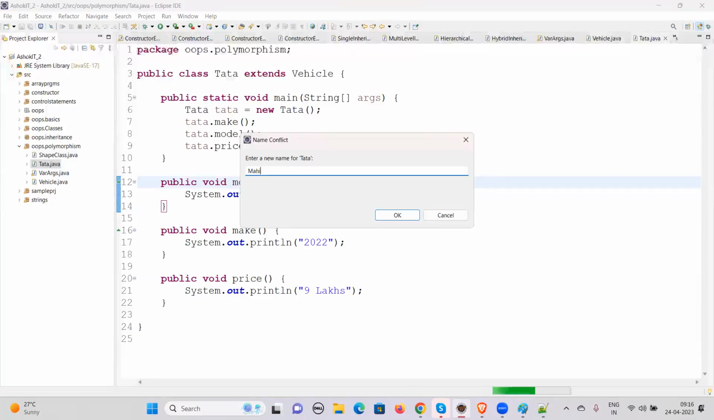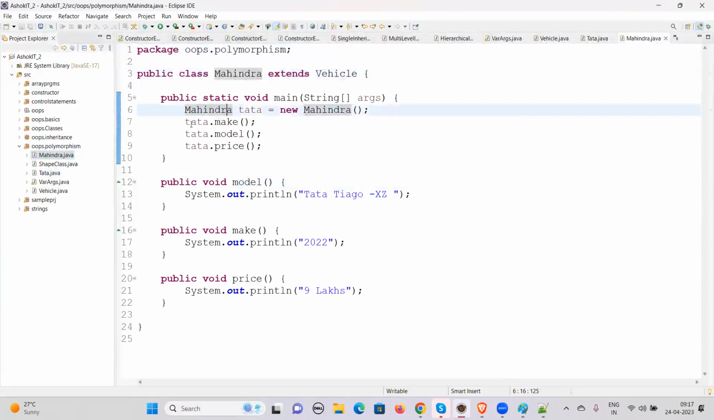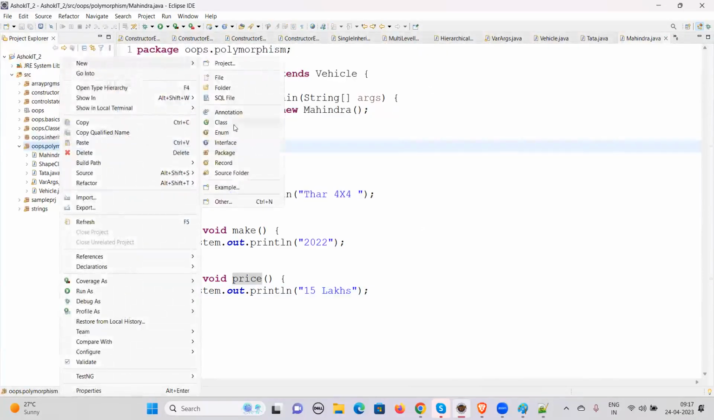Okay, sorry, here. So what will change now? You see Mahindra will be changed here. I'm going to put Mahi. Model is, let's say, Thar. Or 4x can be of 15 lakhs. Okay, so now what I'm going to do is to make it a common class. I'm going to create